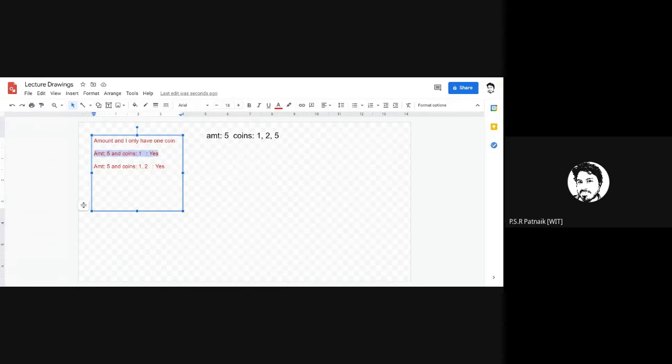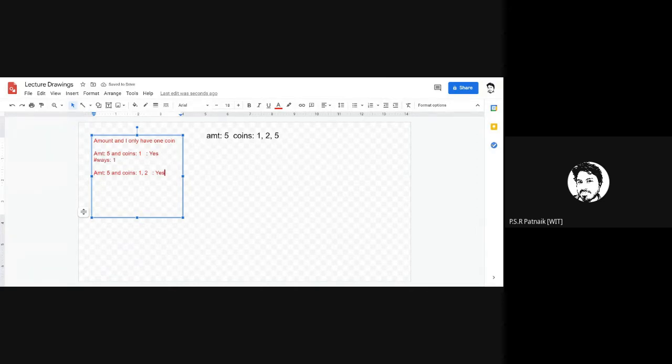In the one coin case, you will keep on subtracting, and if you reach 0, you will print 1, because from one coin for any amount, if you can reach 0 by repeated subtraction, you can realize that amount, and there is one way to realize it. But when I have 2 coins, how many ways will you have? The number of ways in problem 1 is 1.